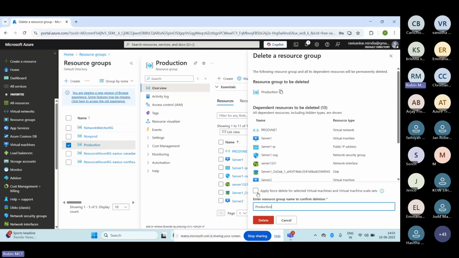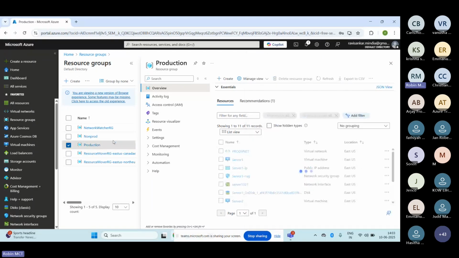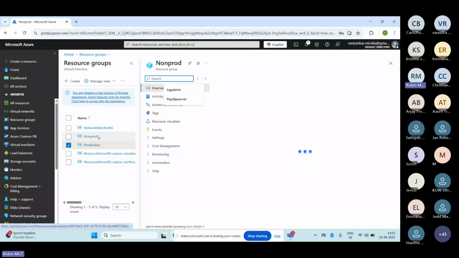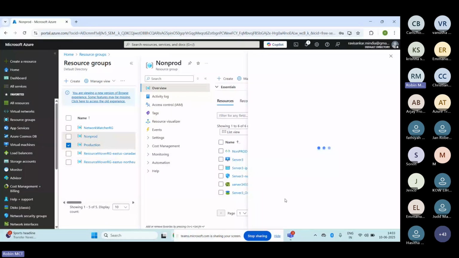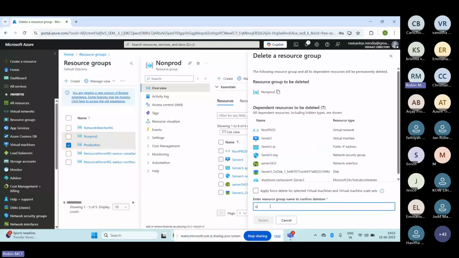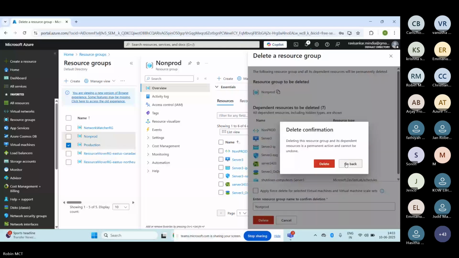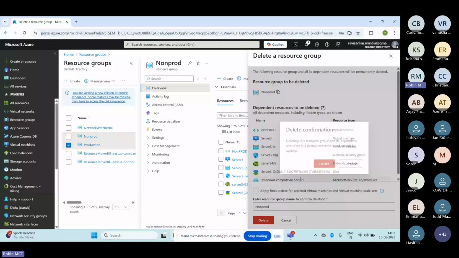Let me decommission this existing one to avoid any confusion. So just trying to create a few more here. Let me delete this non-prod and the prod here. Deleting this existing one here.